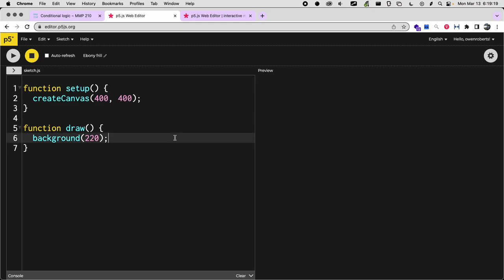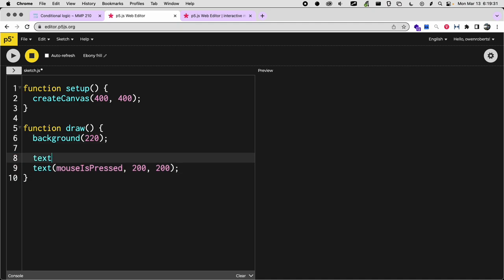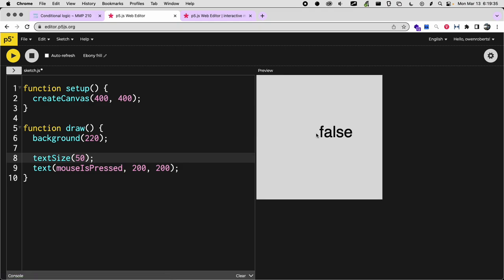So let's do a quick example. I'm just going to draw some text of the mouse is pressed value. And I'll put this in the middle of my canvas, and I'll make it big enough for us all to see. And so you can see right now it says false. That's because obviously I'm not pressing my mouse. And if I click on one of my mouse buttons,